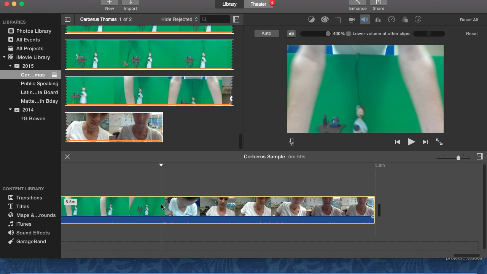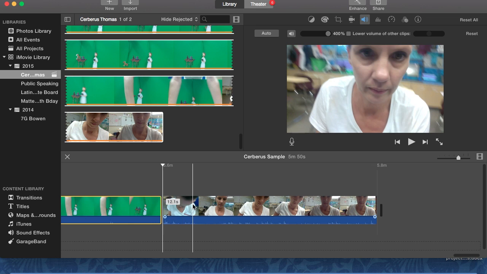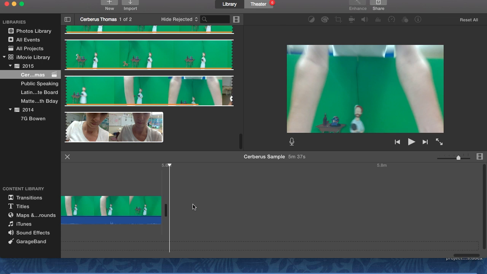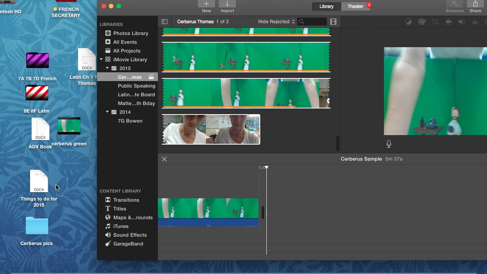Okay, so notice it's completely yellow. There's my line. I'm going to hit Command B as in boy, and that splits it, and I don't need any of that stuff there. Okay, so now to start